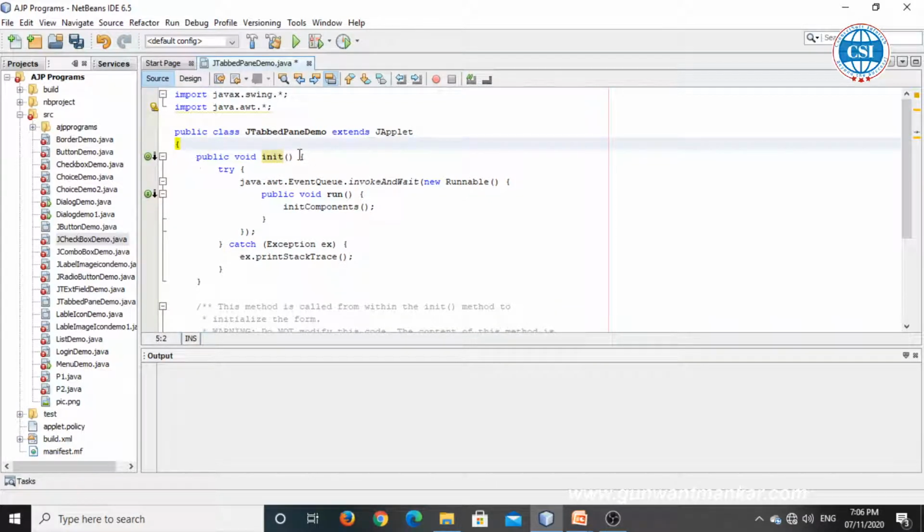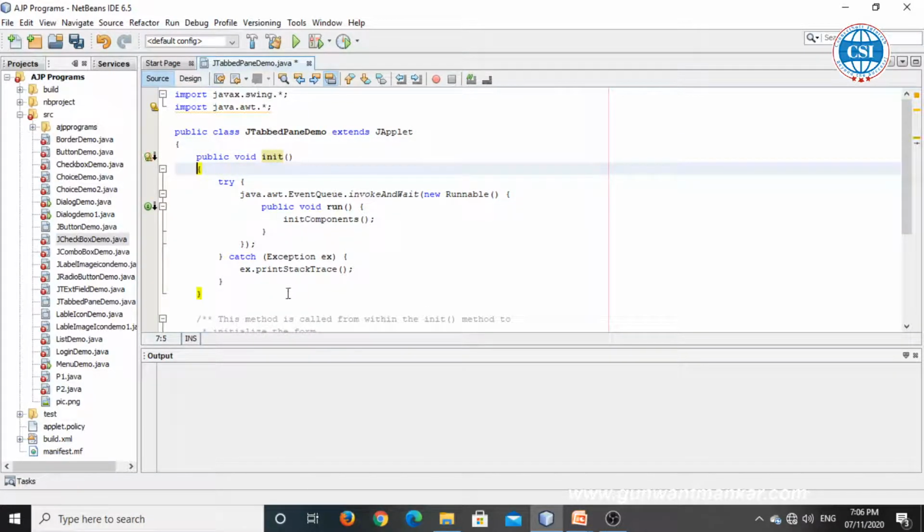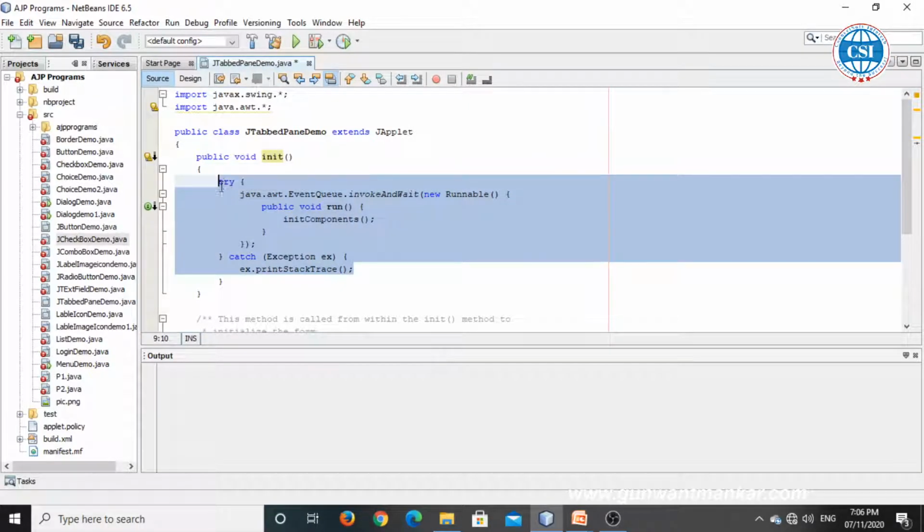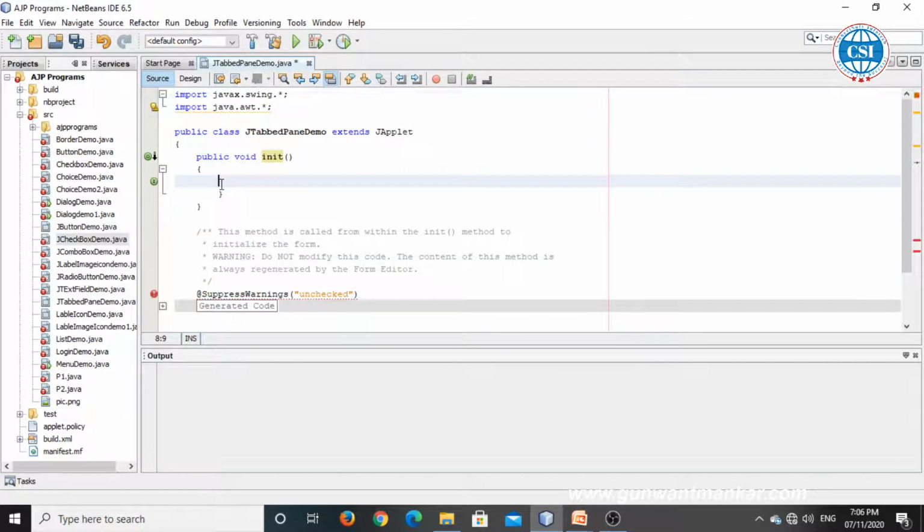Then we are going to add the content pane. Before that, we will set the layout: setLayout, new GridLayout. I'm using the grid layout here.